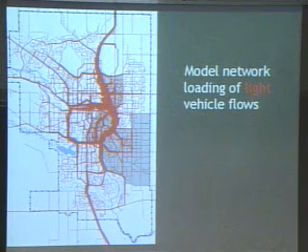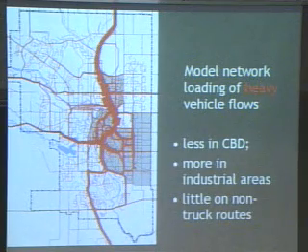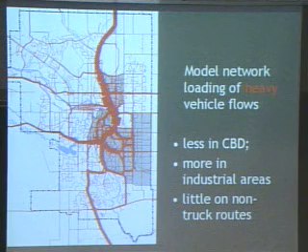And I think that one of the things, this is for the light vehicles. They're allowed to go pretty well anywhere in the network, right, because they don't have the truck route restrictions. This is then compared with the heavy vehicles who do have to respect the truck route restrictions. You can see a much greater focus on the industrial areas, which are shown in gray, compared to this is